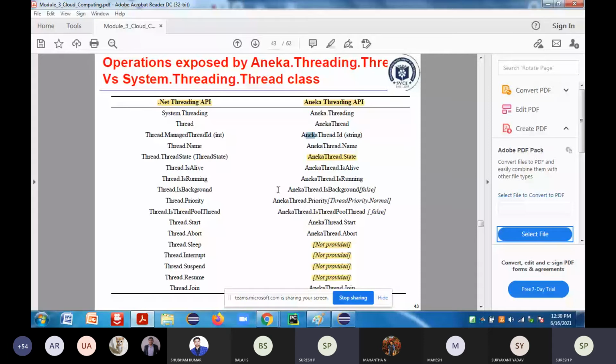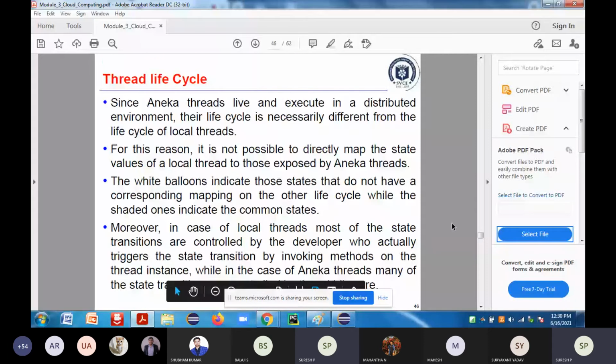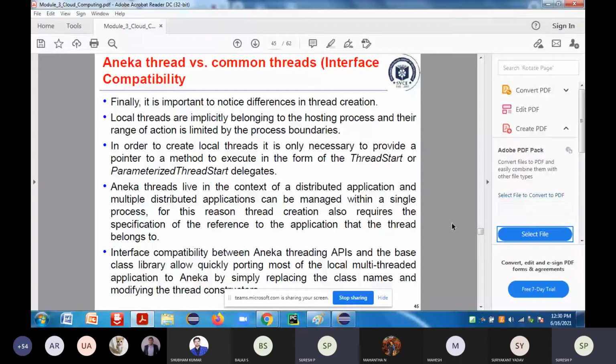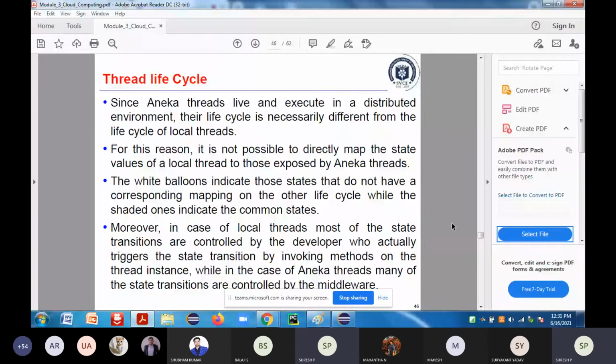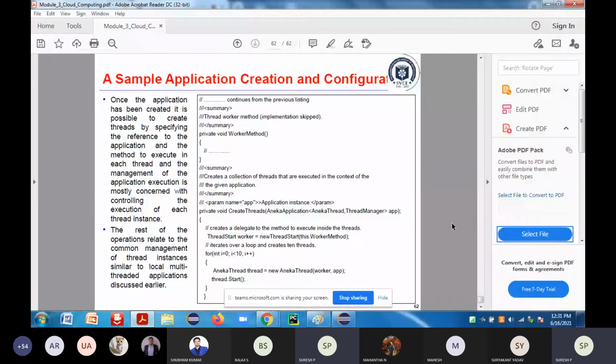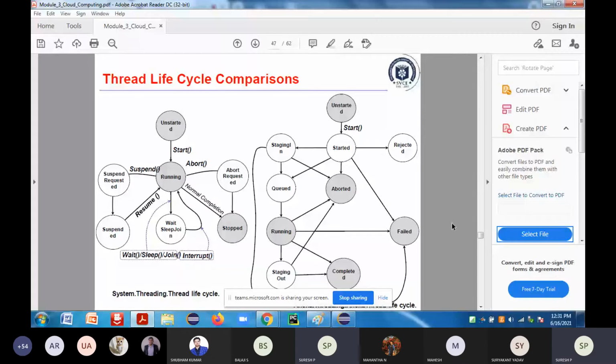Next, when it comes to the thread lifecycle, you can see that there are a number of threads which we are going to have. If you take the normal thread, you can see it from this particular figure.